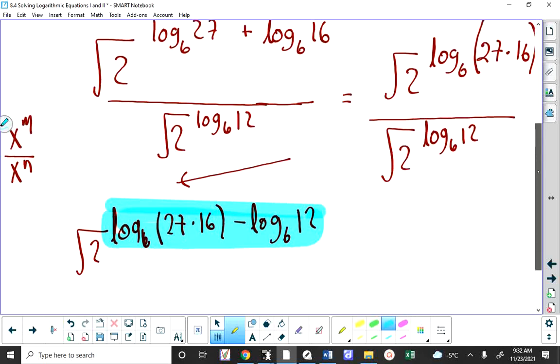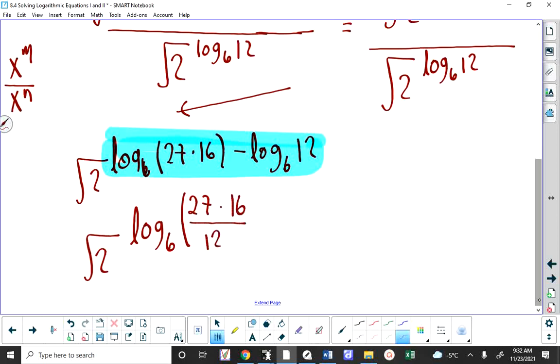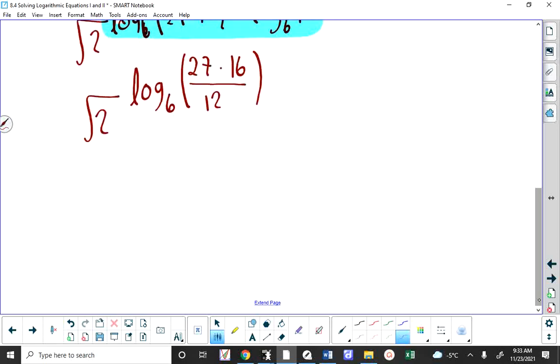What I end up with here is root 2 raised to the log base 6 of whatever 27 times 16 over 12 is, 4/3, 9. I believe that argument in the logarithm is 36. Am I right? So you end up with root 2 raised to the log base 6 of 36, and we